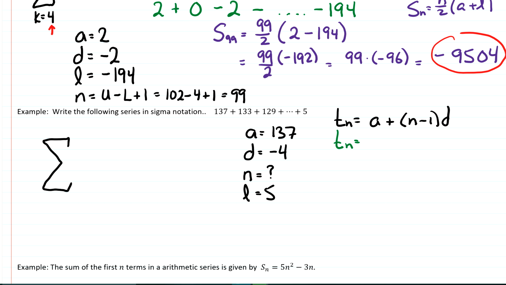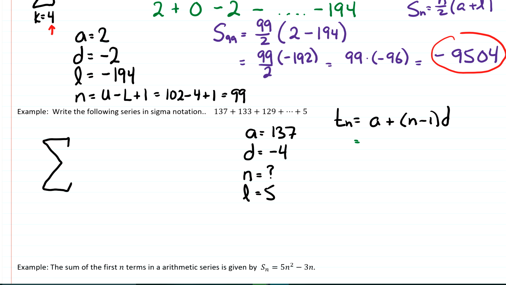Okay, so we saw earlier on that we were able to find A, D, and L, but not the N value. So what we're going to do is use the formula from yesterday's class on the term of an arithmetic sequence, plug some numbers in, and see if we can find the N value. So if I just close that down,